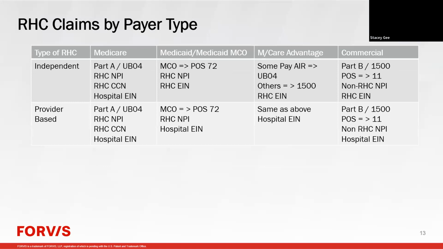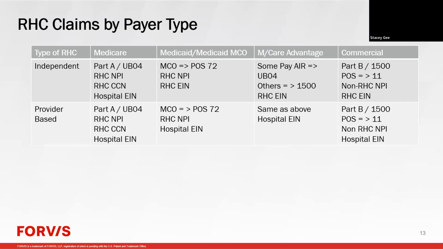You can see the first column is Medicare, and as you work your way across this grid, it's identifying for you by the payer type what that claim form is going to look like or what that claim form is going to include. So again, this is a point of reference for you all, and just understanding if you're independent or provider based, this is kind of a nifty little cheat sheet, if you will,